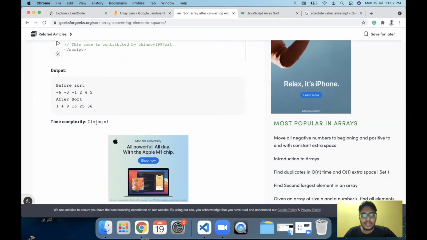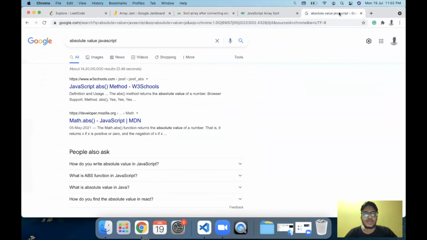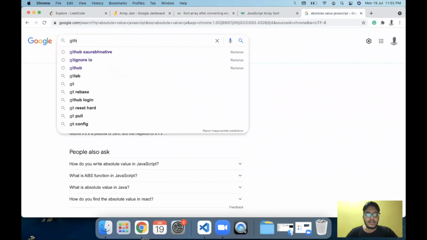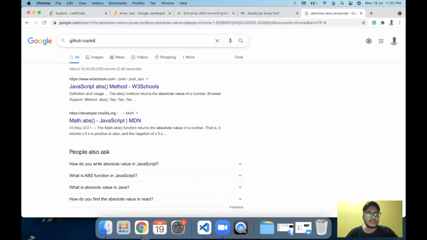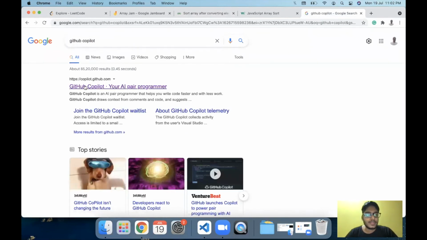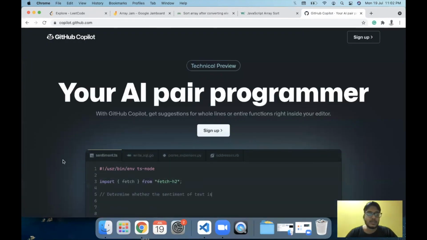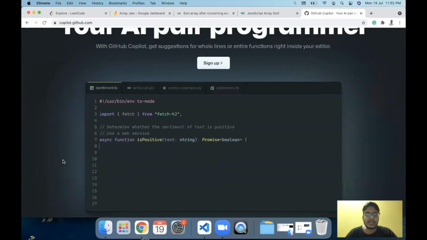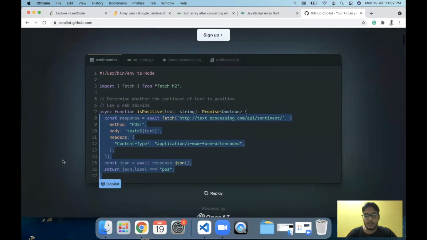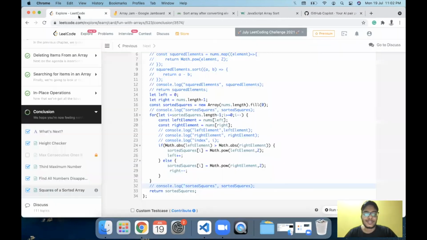Now I have access to GitHub Copilot. For those of you who don't know about GitHub Copilot, it is an AI-based code pair programming tool which you can use to write some comments, and the Copilot will generate the code for us. I have seen some videos where they are able to implement the LeetCode solutions directly by writing the question statement in comments. So let's check if this works for us.